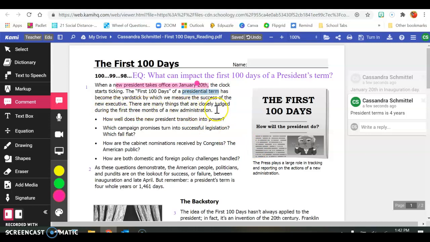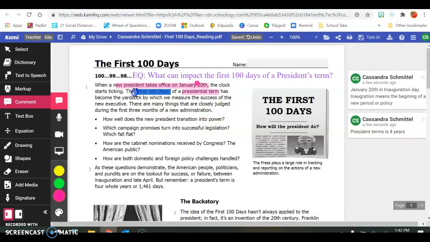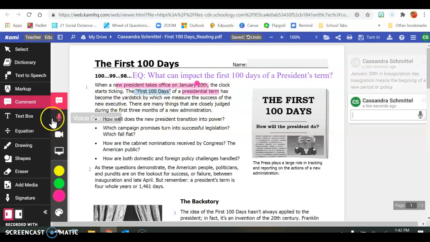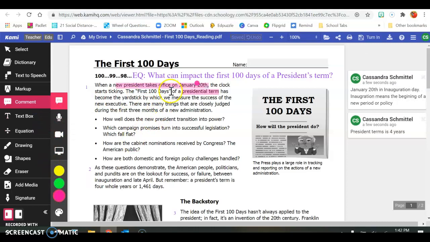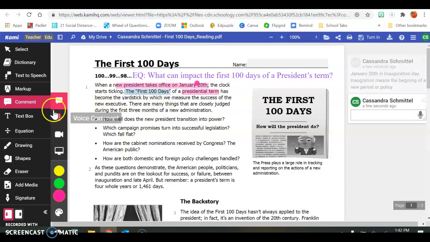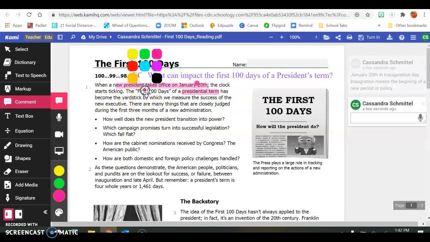There are many things that are closely judged by the first 3 months of an administration. So those first 3 months are also known as the first 100 days. So I'm going to go back here because that text helped me understand that. I'm going to highlight that. Highlight this, first 100 days. And then I'm going to put a comment here. Also, I'm going to put the first 3 months of the president's